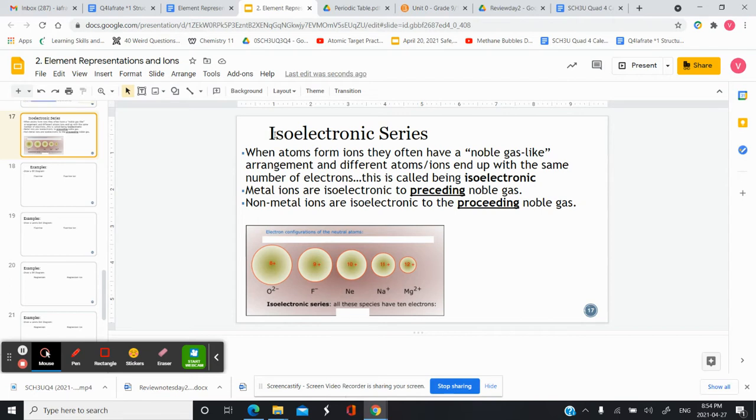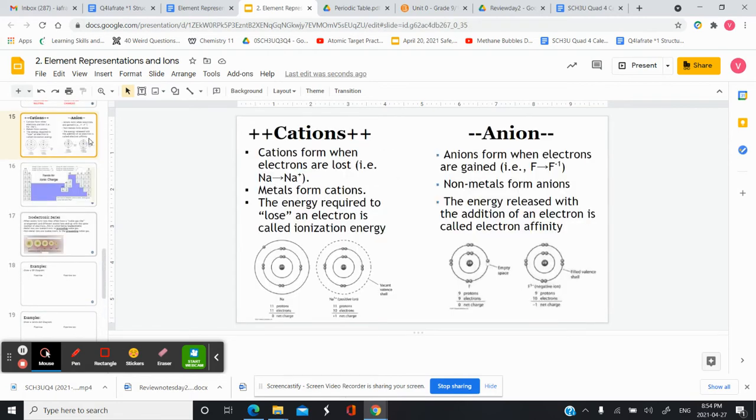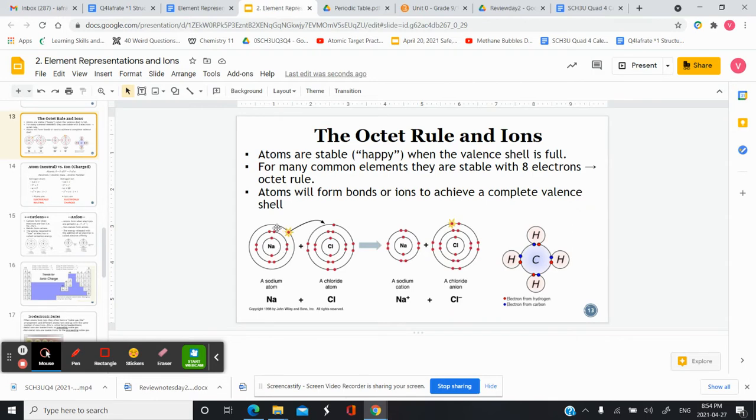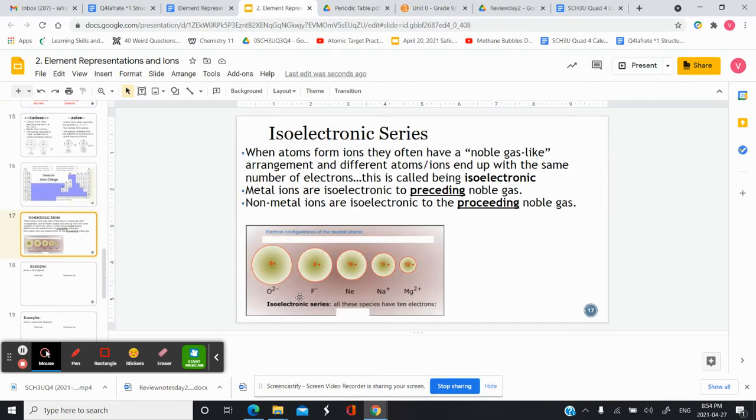Iso essentially means the same or similar. So same electron series, a series of ions that basically have the same arrangement of electrons. Remember that when ions are formed, they become kind of like noble gases in a way. If we form an ion with sodium, sodium is losing an electron. Below, we have a full valence shell. So it became almost like a noble gas because it's stable and has a full valence shell. And chlorine gained an electron and it became almost like a noble gas because it has a full valence shell. So isoelectronic is basically a collection of elements that have similar electron structures,